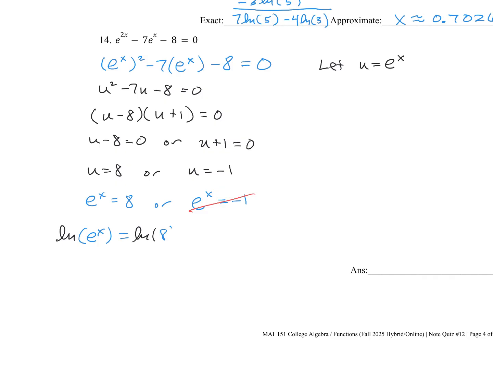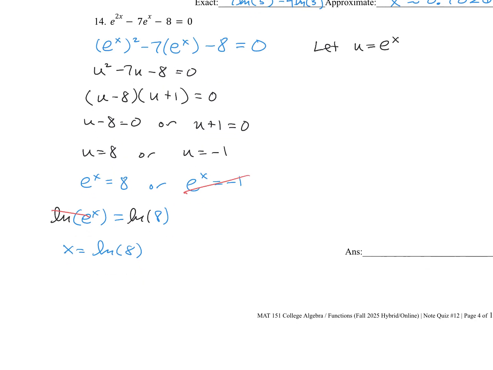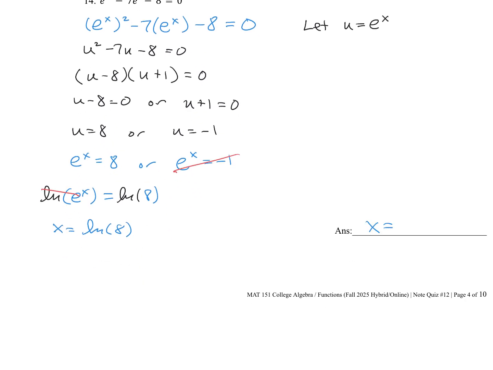When I do that, the natural log and the exponential function are inverses because they have the same base. So x is equal to the natural log of 8. The exact solution here is x equals natural log of 8. As a decimal, x is approximately